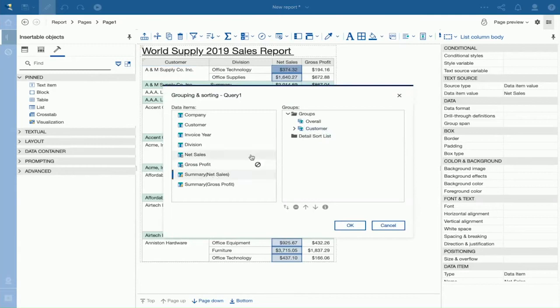So I'll take that and drag it into Customer. Let's try that again. I need to drop it into the Sort list. We'll drop that in, and we want to just filter top down. And then the Detail Sort list will be the individual divisions sorted highest to lowest. We'll grab net sales, drop that into there. If we click OK,